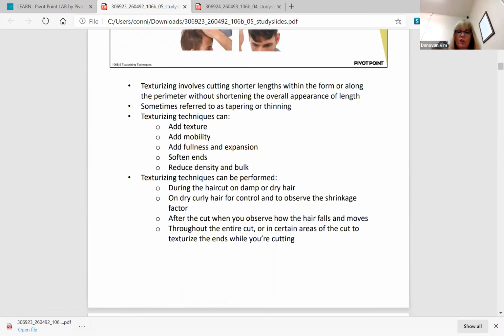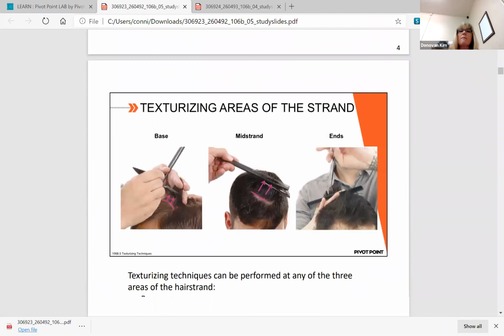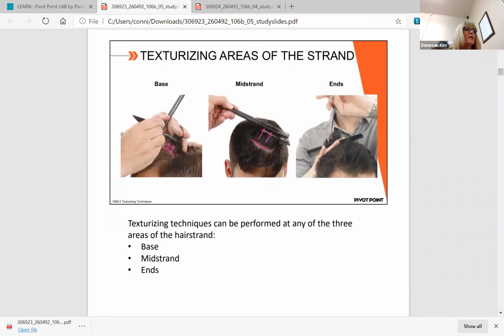When we go to work with these, think about the strand and where we want to put this. Do we want it at the base, or do we want it on the strand? Base texturizing hair